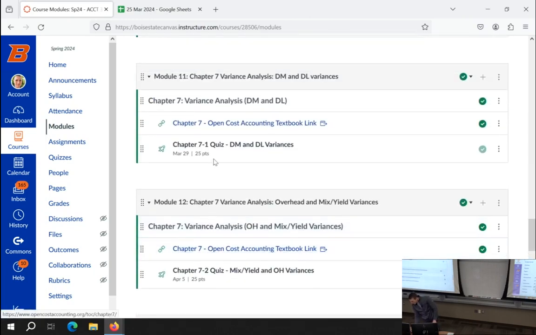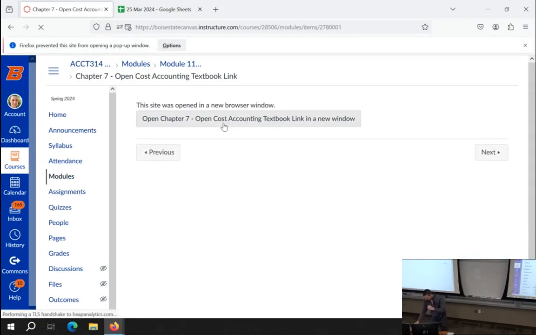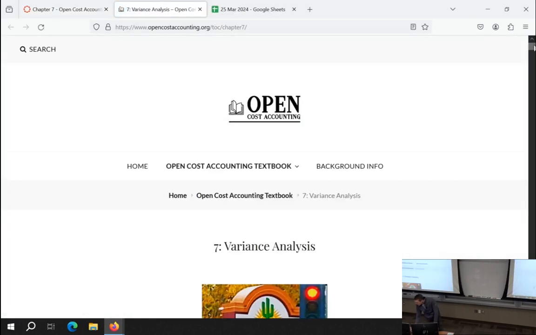Okay, so let's go back to what we talked about. Same chapter 7 either way, I guess. So you're being a bit of a scientist in your firm by doing variance analysis, and you can do variance analysis on all sorts of things. We're going to do some very prototypical,